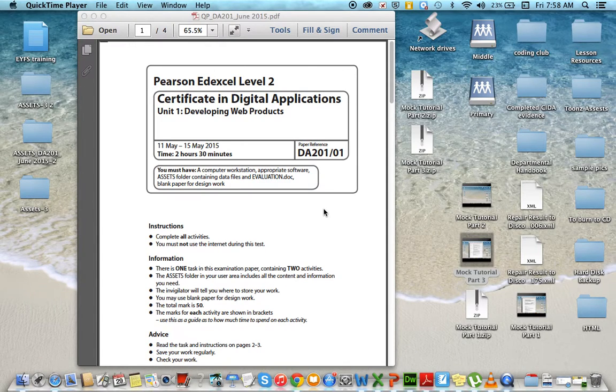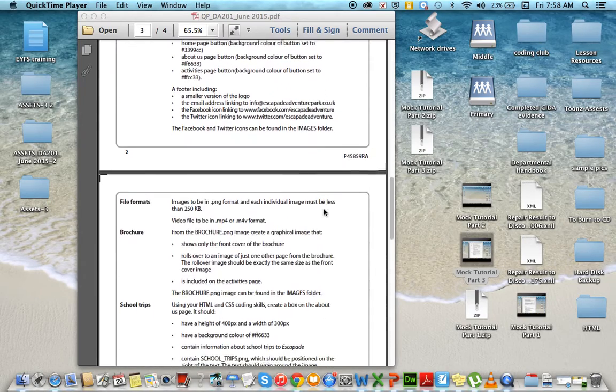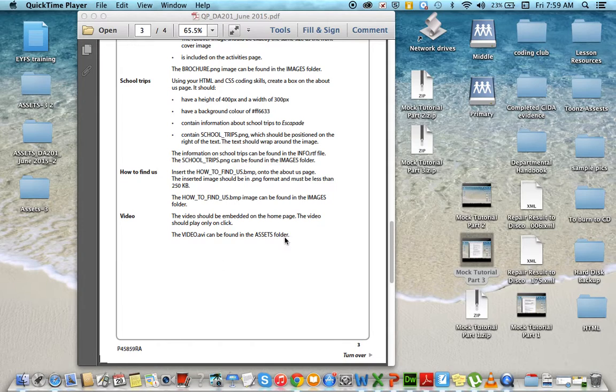Okay, so welcome back to tutorial number 4, where we're going to have a look at the video embedding element, and we're going to have a look at the most efficient ways to change the video file format if you are asked to. So first of all, if I just scroll down through my instructions to the video section,